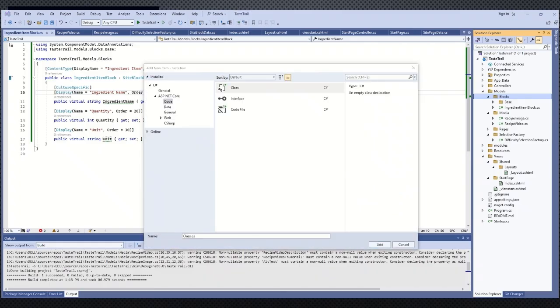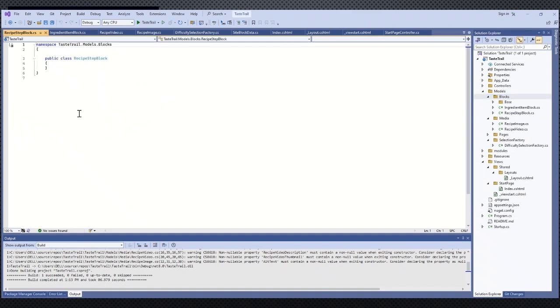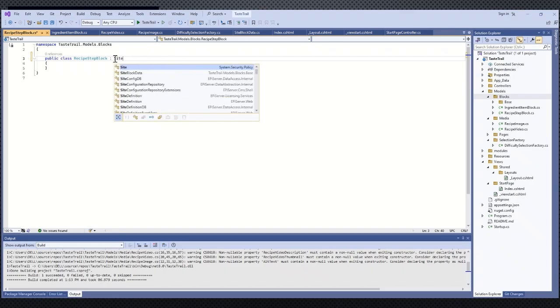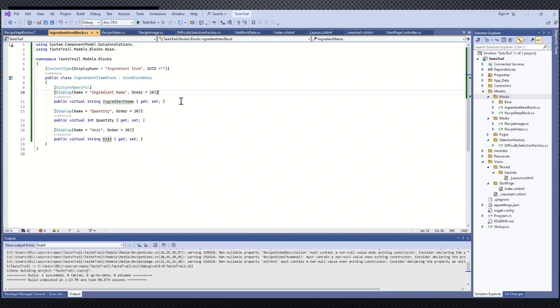So let's go ahead and add another class for the recipe steps, right? I would call the class RecipeStepBlock.cs, right? So I'll create the class here. Yeah, so that's created. So again, the same steps here. The first thing that we'll have to do is inherit. So inherit from SiteBlockData, right? And then let's probably copy from here,